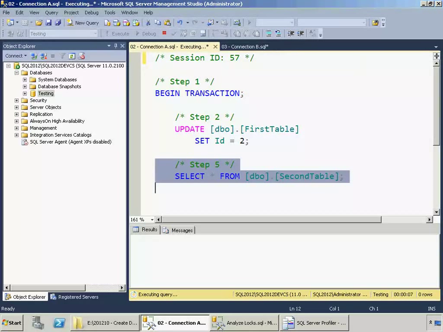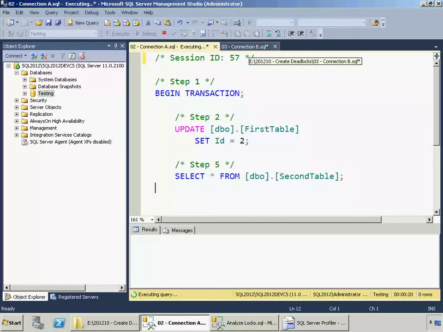So this is not a deadlock. This is called blocking, and blocking is perfectly normal. In this case, we're waiting indefinitely because I've intentionally held the transaction open just for the purpose of the demo. And you can see how the general best practice of trying to keep your transactions as short as possible is a good one. So if the transaction in connection B was very short and it committed now, this would unblock and it would proceed.